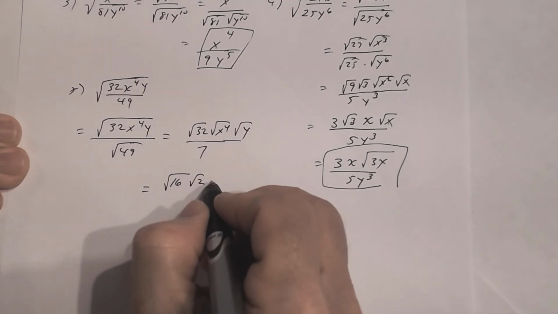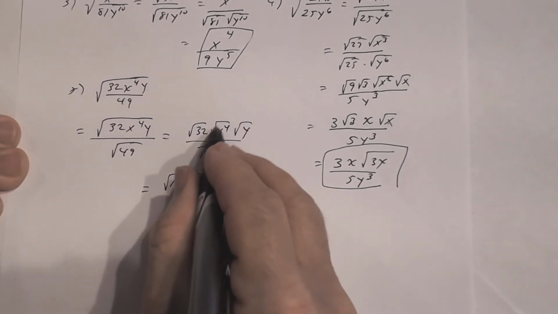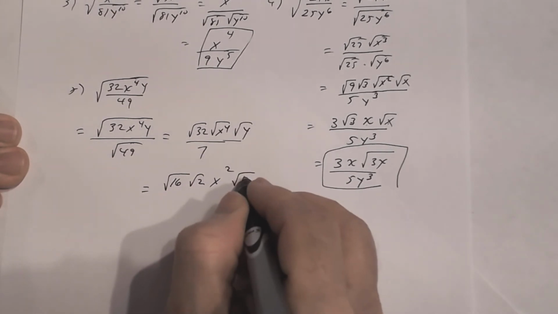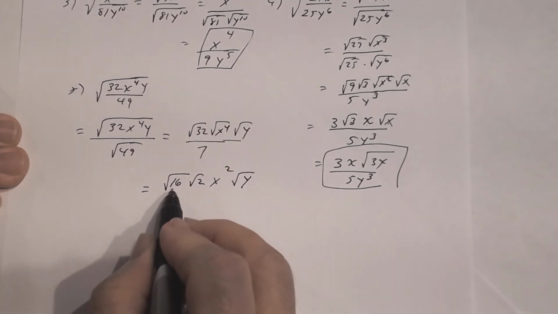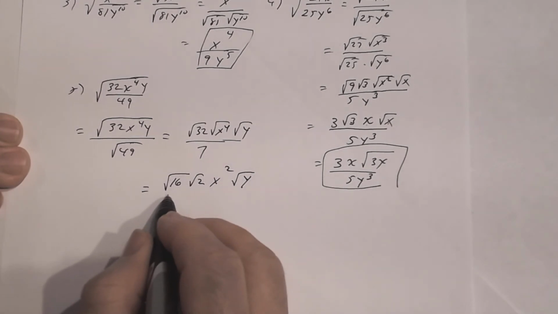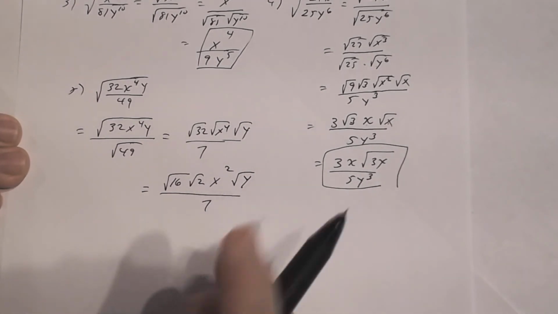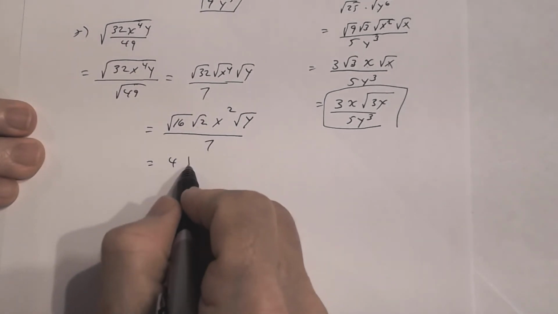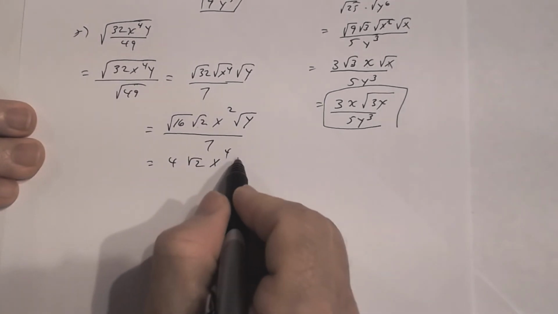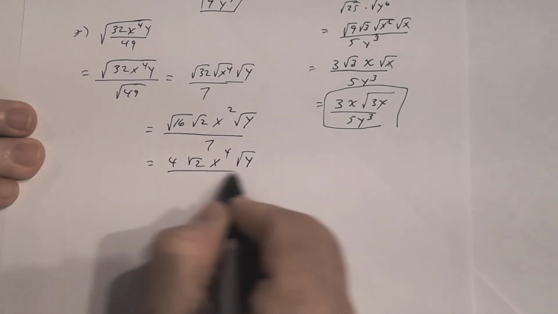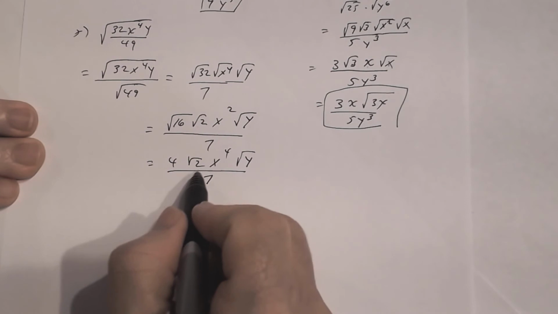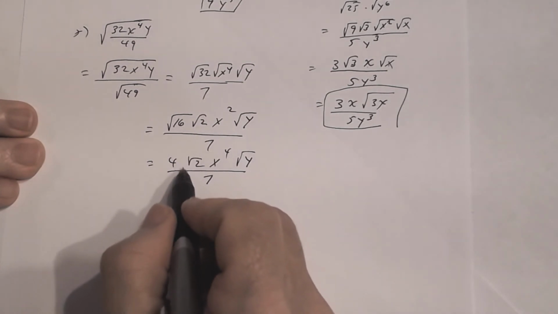And then let's go ahead and simplify this now. So the square root of x to the 4th is x squared, right? And then I cannot simplify the square root of y. Okay, let's talk about the square root of 16. I can simplify that. That's 4. All that's being divided by 7. Don't forget that. And so I get 4. I cannot simplify the square root of 2. I have x squared. I cannot simplify the square root of y. Divided by 7. Now again, don't leave your answer like this because you know that according to the product rule